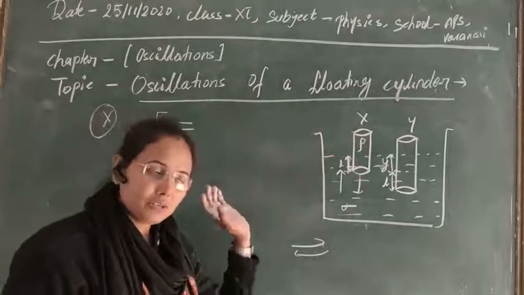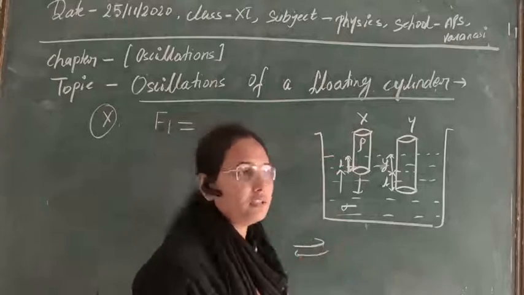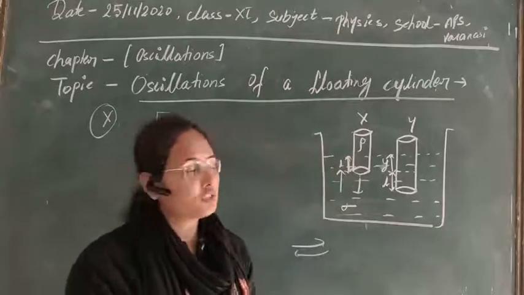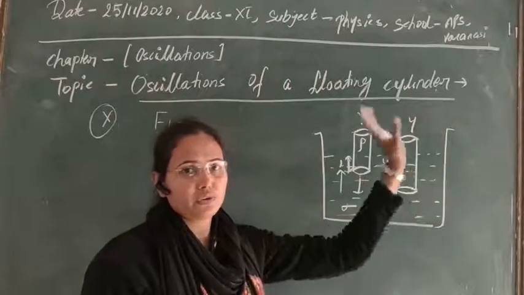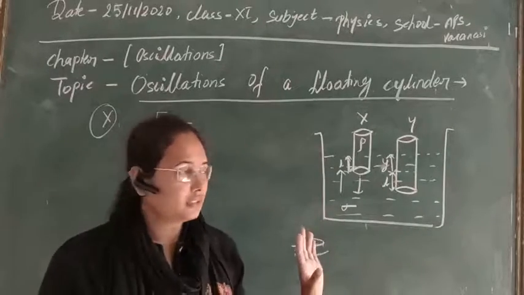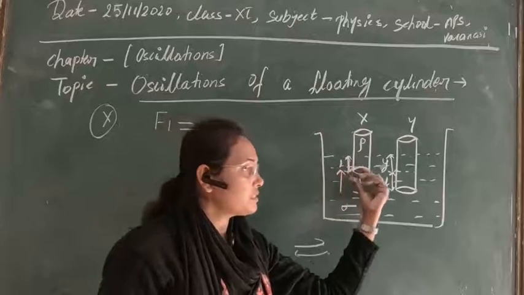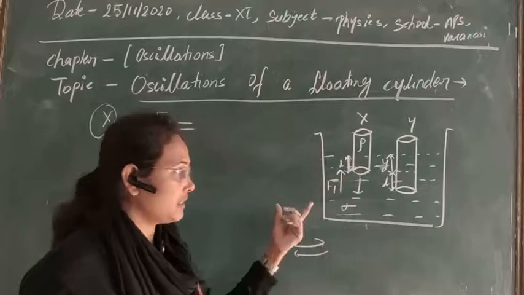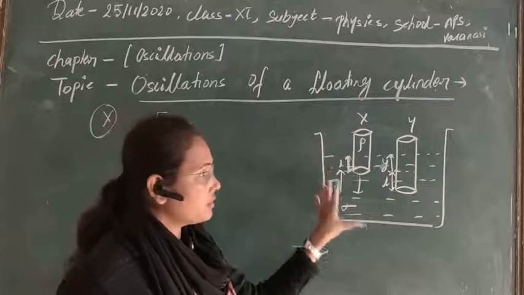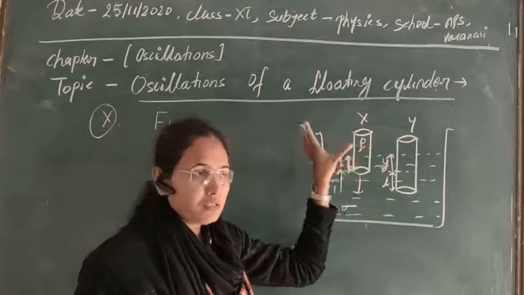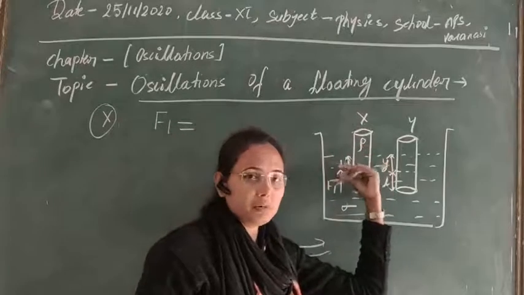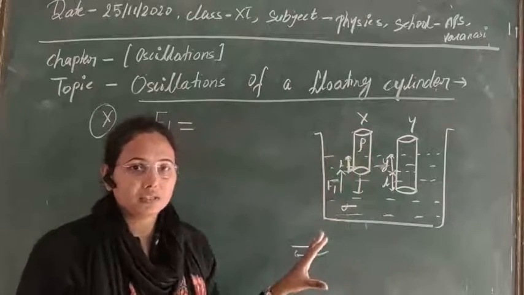All these things we will discuss in the next class. Here I only want to discuss the qualitative things. The rest, how we can calculate its time period and other things, we will discuss in the next class. So suppose there is some establishment of restoring force, that is F1. Now this was the initial system, which means initially this cylinder is dipped in the liquid by some amount, and now it is in a stable condition.